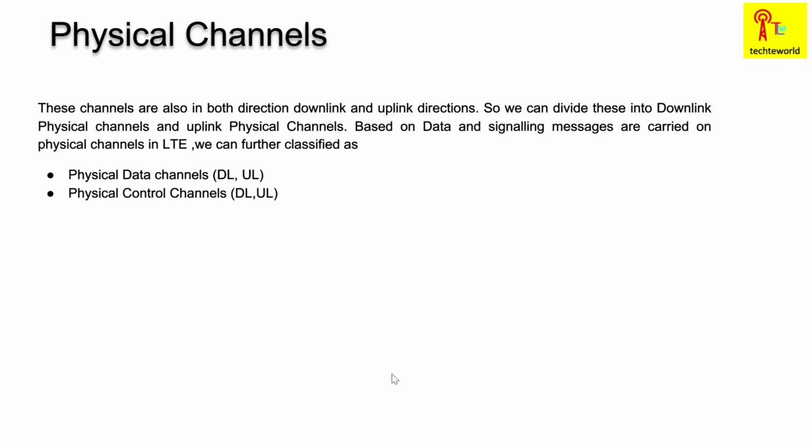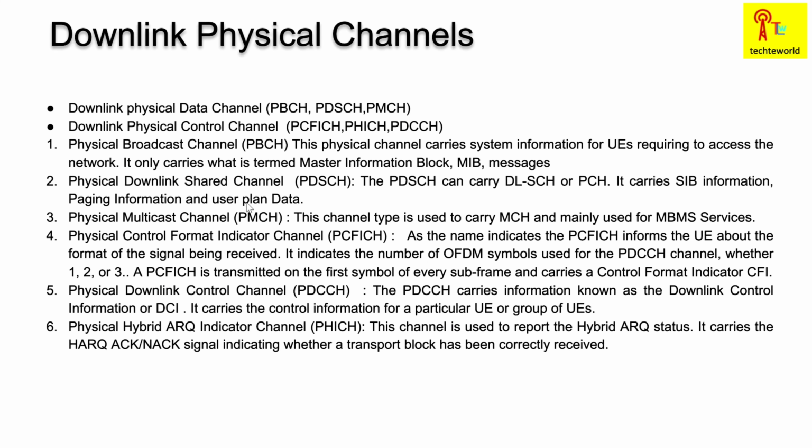And finally we come to the physical channel, which is the last channel present. This channel also exists in both uplink as well as downlink direction. So we can divide it into 2 parts: downlink physical channel and uplink physical channel. And this layer is actually present, as I told, between the physical layer and the bandwidth. Okay, so the classification is done in 2 types. One is the physical data channel, which carries the data messages, and then we have the physical control channel, which carries the control, or you can say the signaling messages. Okay, so if we go into detail,